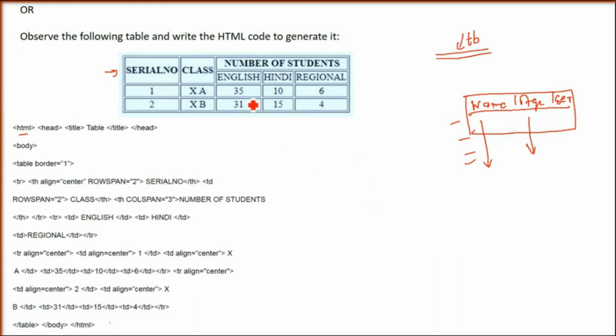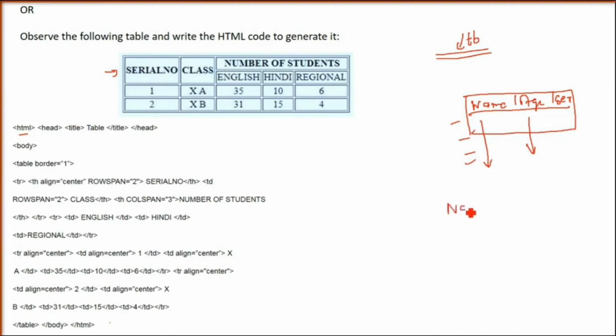Now it has taken two rows. Rowspan equals 2. The size of the serial number's first column, if you see, is higher than the other columns, right? So rowspan has extended to 2. It will take 2 rows to put the serial number, not 1 row. I hope you got the idea.